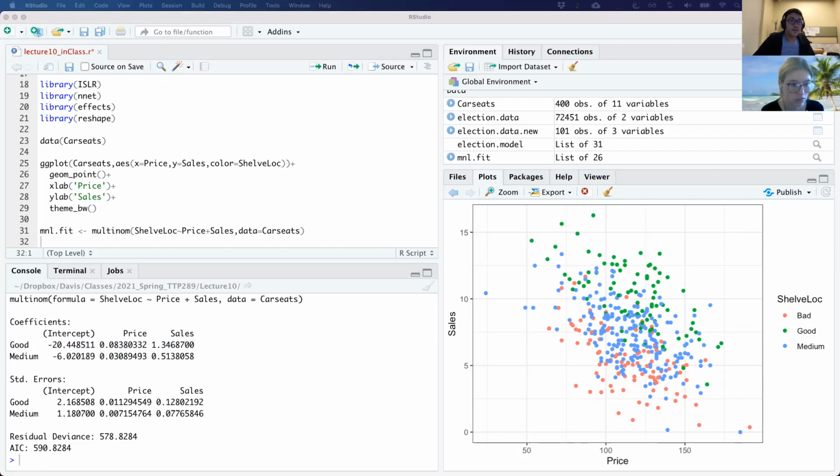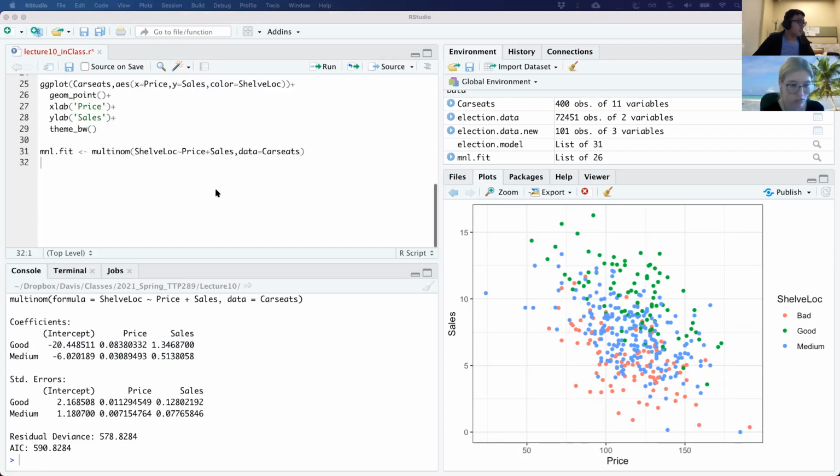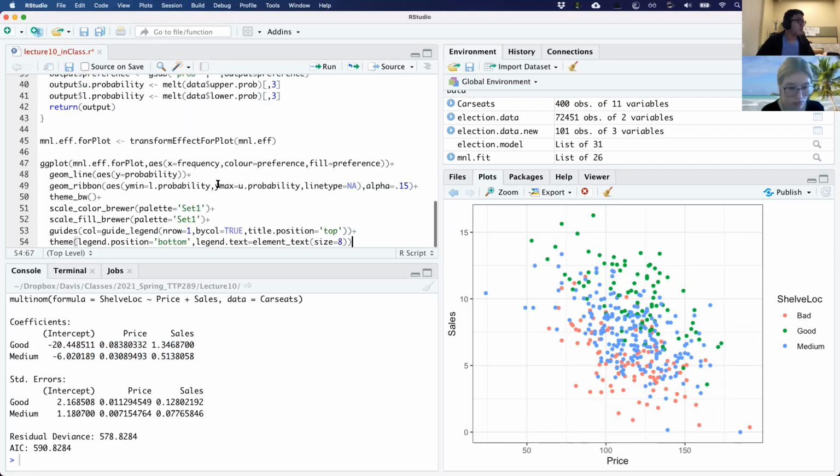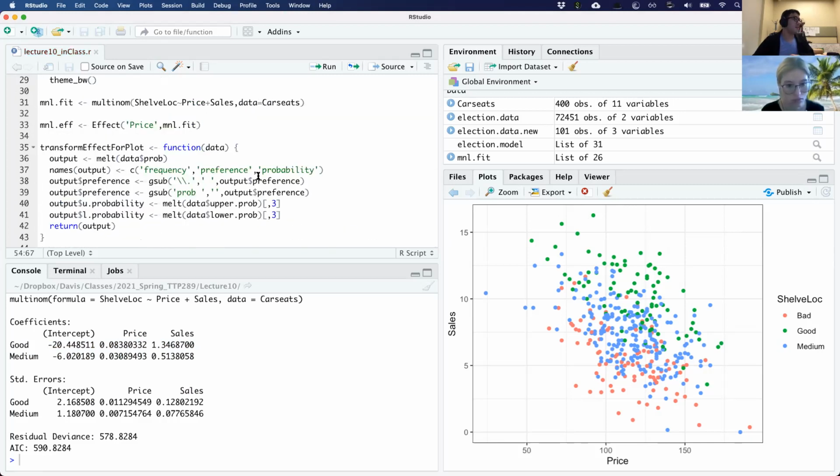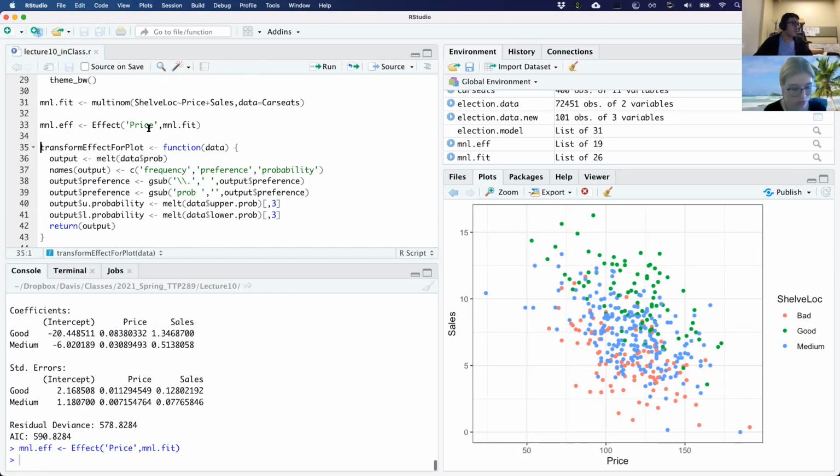So I have a little bit of built-in code here so that I can look at the probabilities really quickly. If you use the effect function, I can show you what this does.